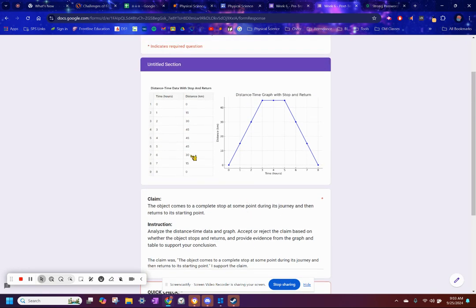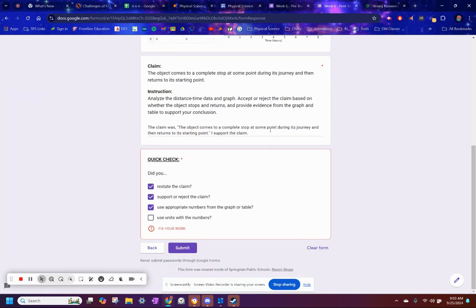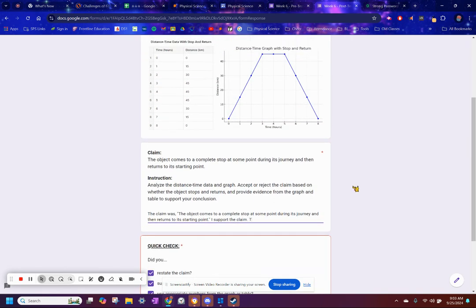Okay, so let's pick some numbers and describe. It starts at 0. It gets to about 45 at hour 3. Stays there till hour 5 and returns back to 0. So let's write that out. The object